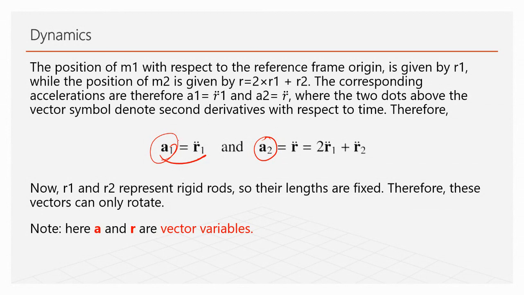For the first link, acceleration is the second derivative of R1. And this is the second derivative of R, the location of the second mass,